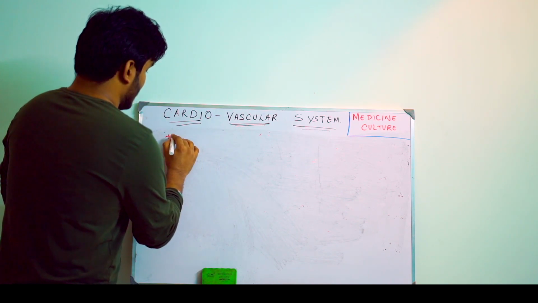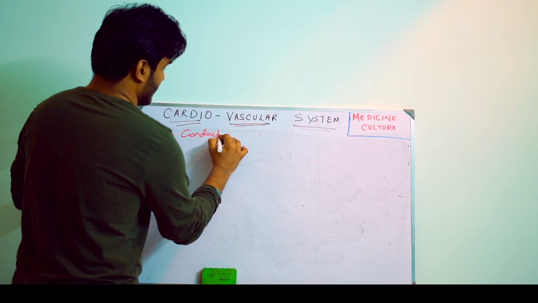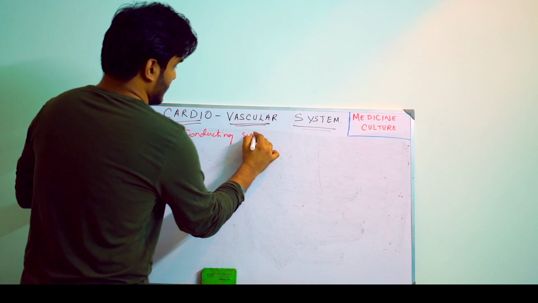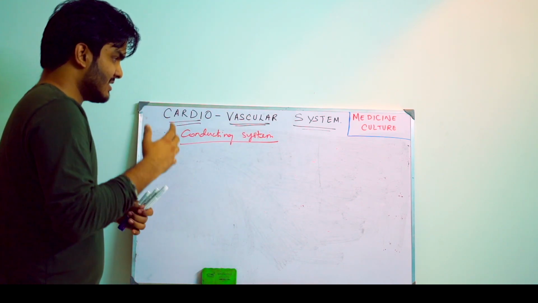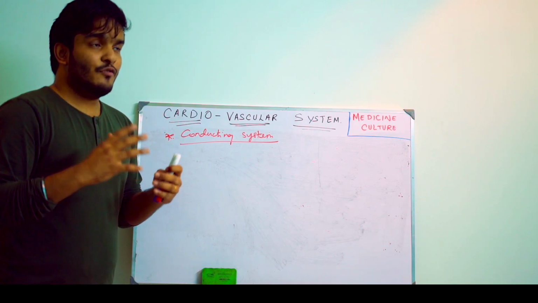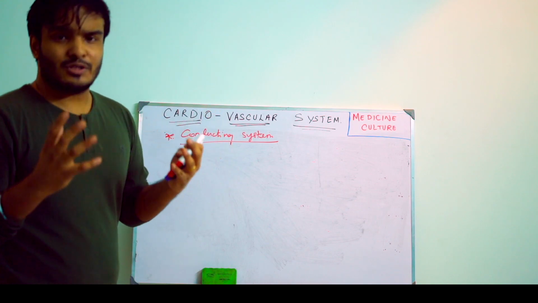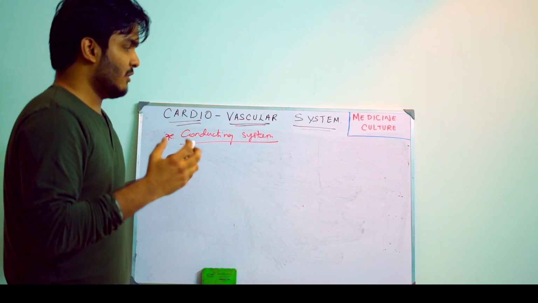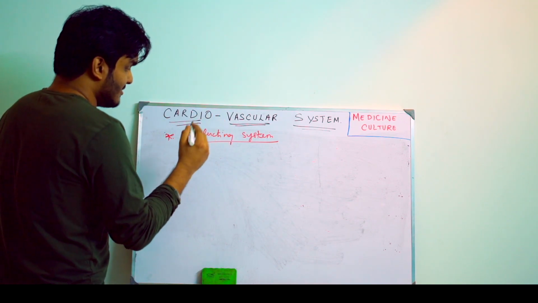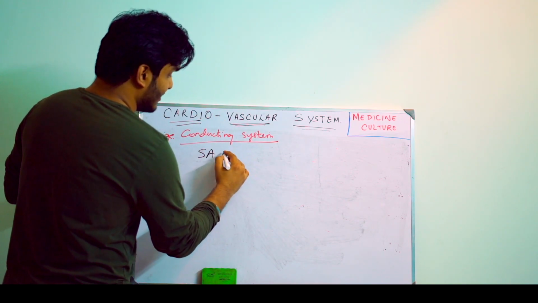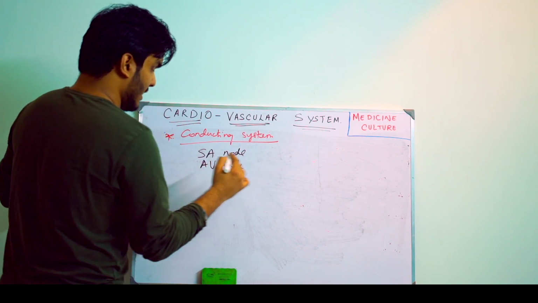So let's see the conducting system. This is another way for you guys to remember. I am teaching it several times because if you guys get a question on it, it will be a mixed-up question. So it needs to be at your fingertips. You need to be spot on in your answers. For example, the conducting system. What is the conducting system? SA node and AV node.